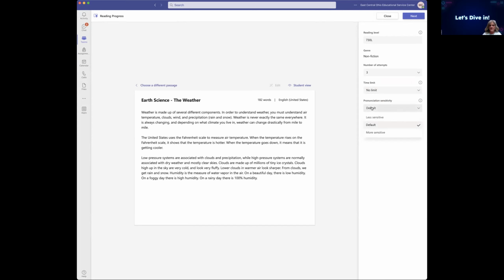What do I want the pronunciation to be? Less sensitive, default, or more sensitive? You can choose that based on each child that you're making the assignment for. So